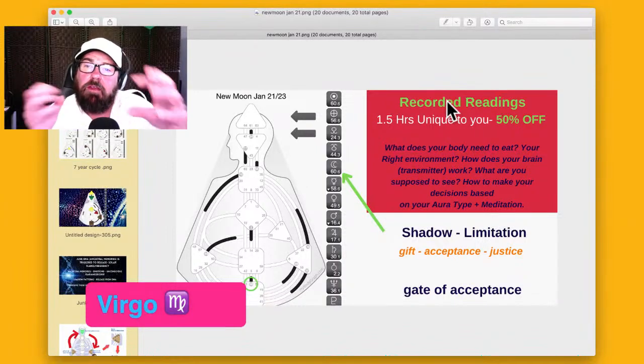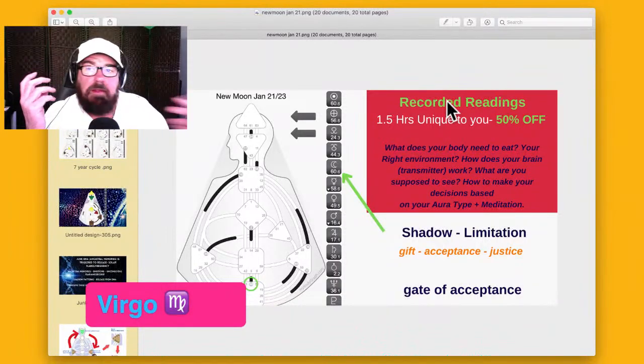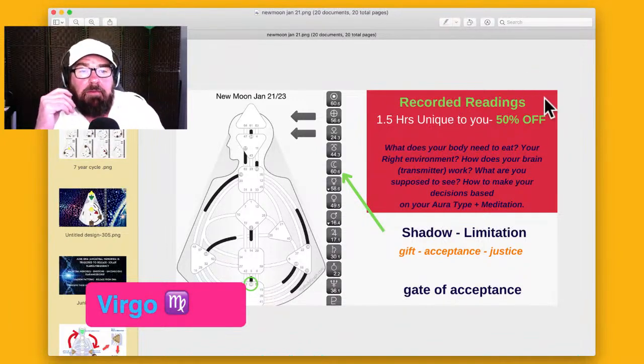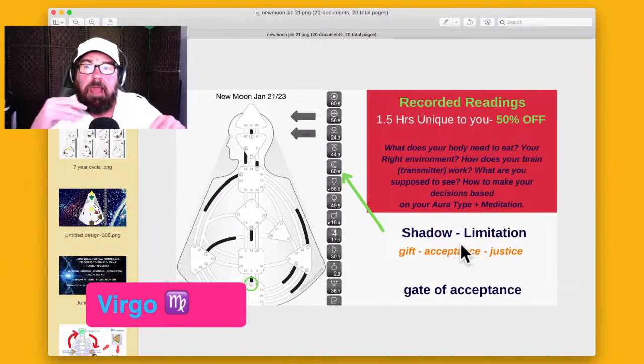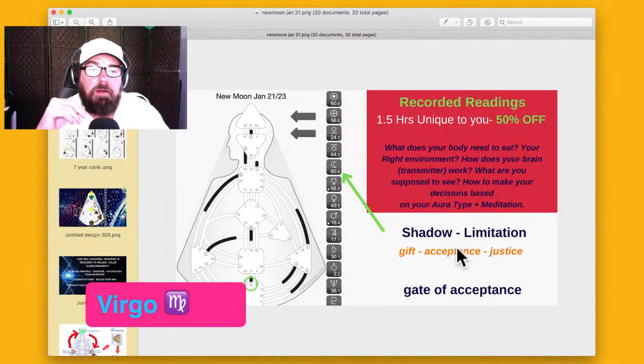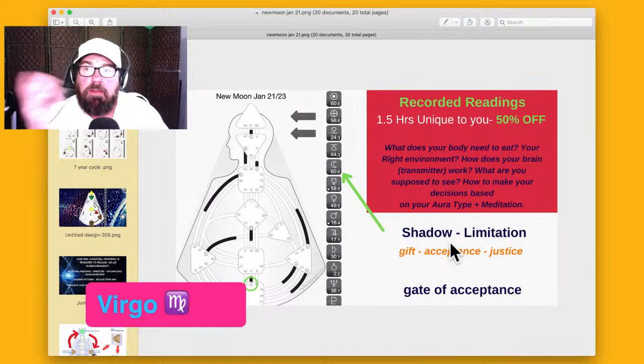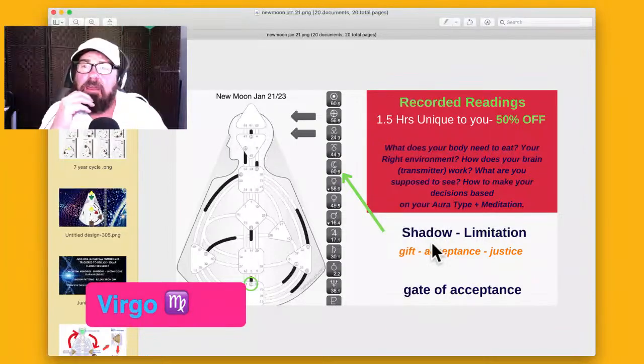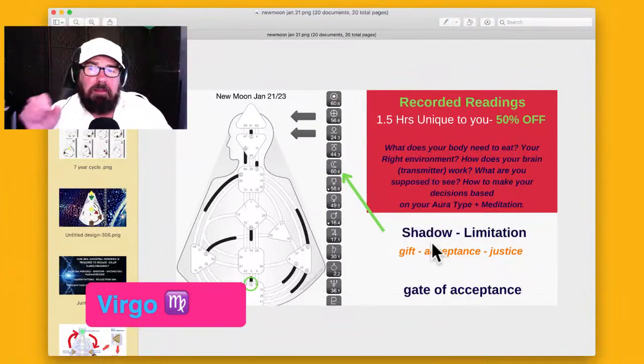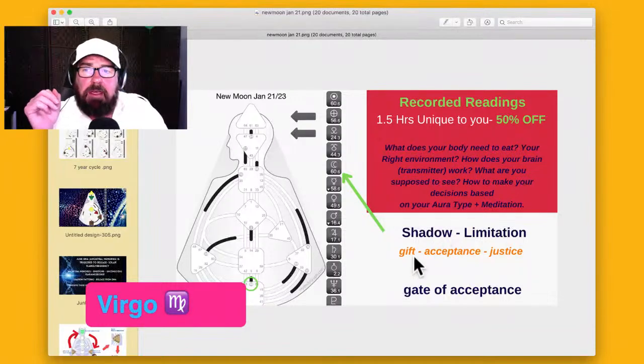But just the focus on acceptance, right? Because this is the shadow of limitation, but the gift of acceptance is accept your romantic partner 100% of his strengths. Don't want him to be different or not want him to change, right? And it's just to go into that gift of acceptance.